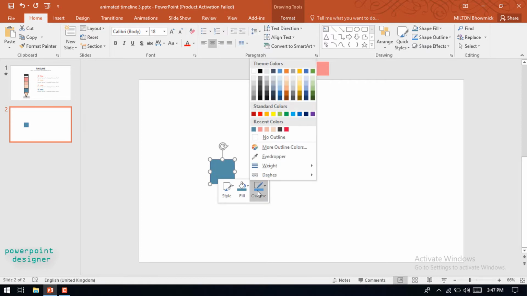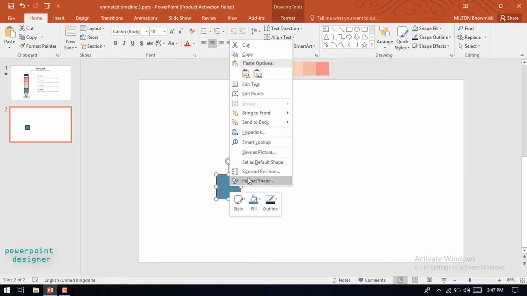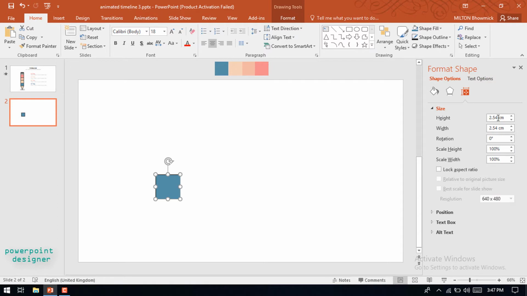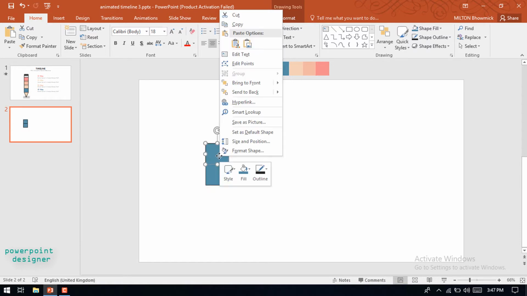Change this outline to black. We will resize it. The height of this rectangular shape will be 2.17 and the width will be 2.42. Then place it over here, then select this rectangular shape, select Ctrl plus D to make a duplicate, place